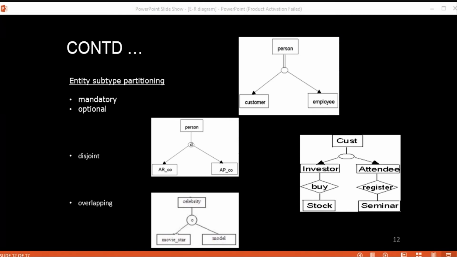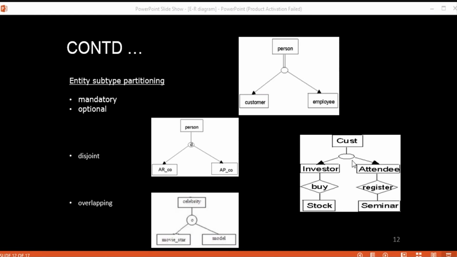So whenever a person is going to enter the details of that person entity into the database, it must first be classified as either a customer or an employee. The database user who is going to enter cannot just simply add the information about a generic person. He or she first has to classify that person as one of the subtypes, and if that person is not classified and the details are just entered, then you can say that is the optional partitioning of that subtype.